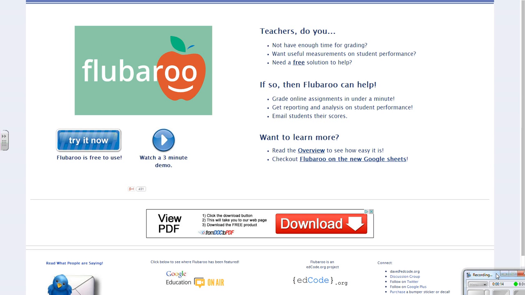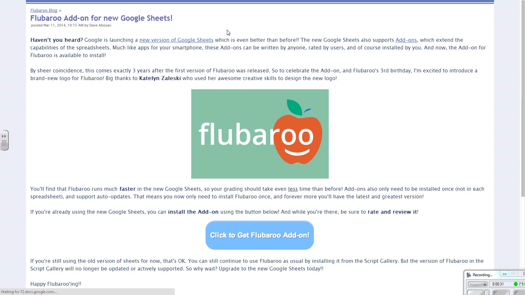Flubaroo is an add-on for Google Sheets, and if you go to flubaroo.com, this is the first thing you'll see. If we go to either "try it now" or here, we can check out Flubaroo on new Google Sheets. Google Sheets went through an update that allows for the support of add-ons from third-party developers. Just like a phone app, you can have developers producing these add-ons which can allow for added